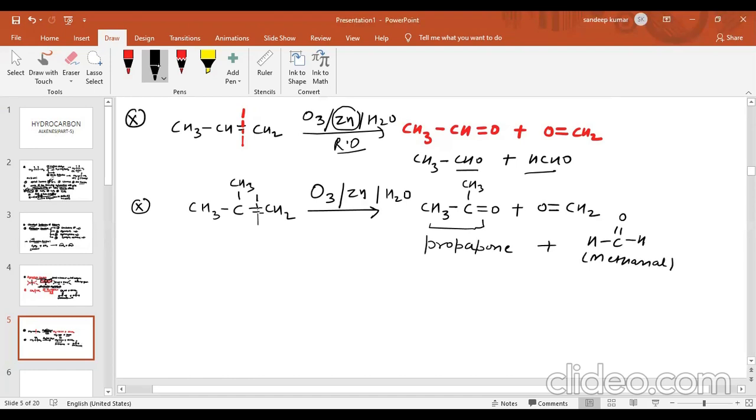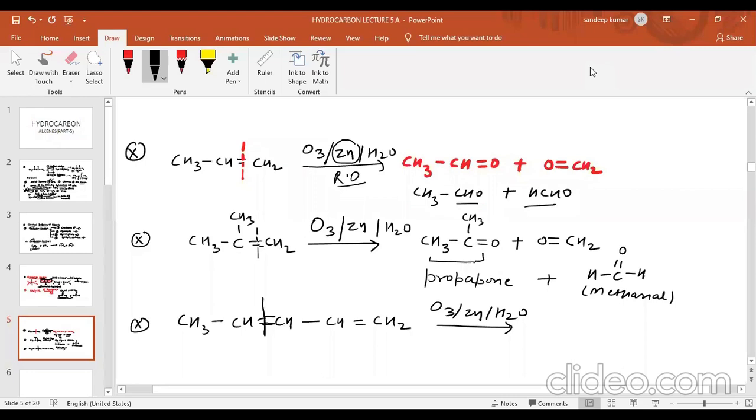Now see the next question. If the compound is given like this, CH3 CH double bond CH, CH double bond CH2, and ozonolysis in presence of O3, Zn and H2O. Always remember, as many,